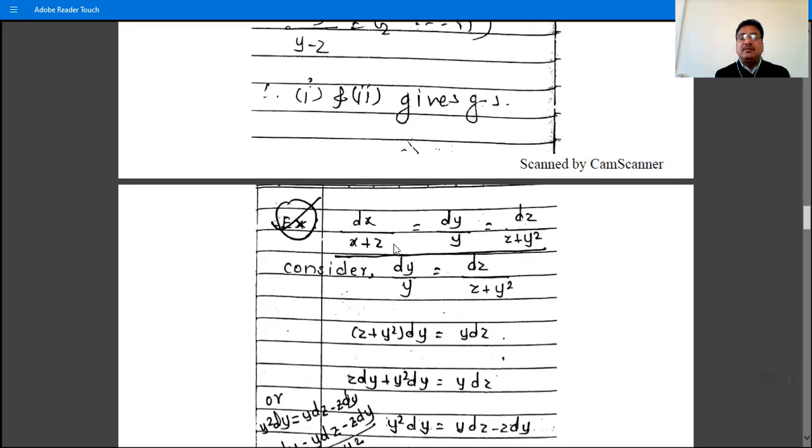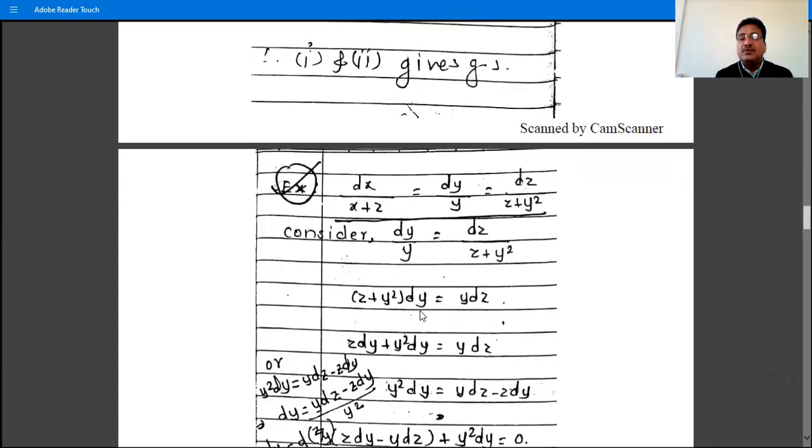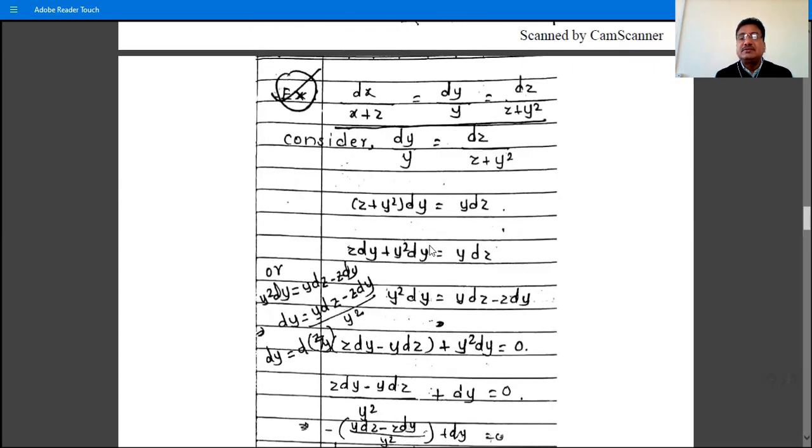So what is your first step for solving this example? This is an example of the type dx divided by p, dy divided by q, dz divided by r. So first think about method number 1. That is, if you have two ratios out of these three ratios such that one variable is absent or one variable is cancelled, then apply the first step method. So if you observe the second and third ratio, then x is absent in these two ratios, dy and dz. So consider those two ratios. Separate the variables, simplify.